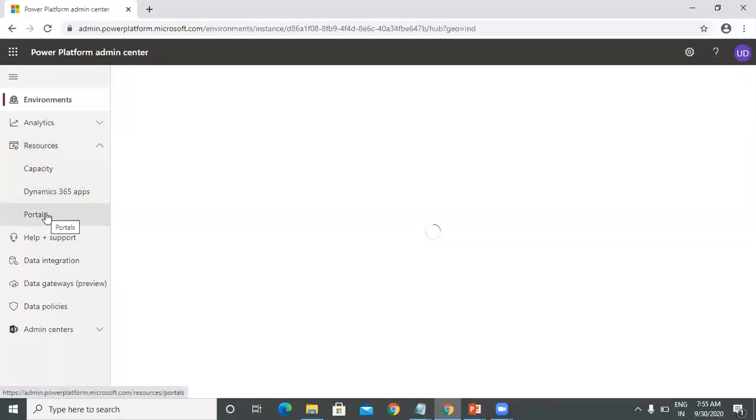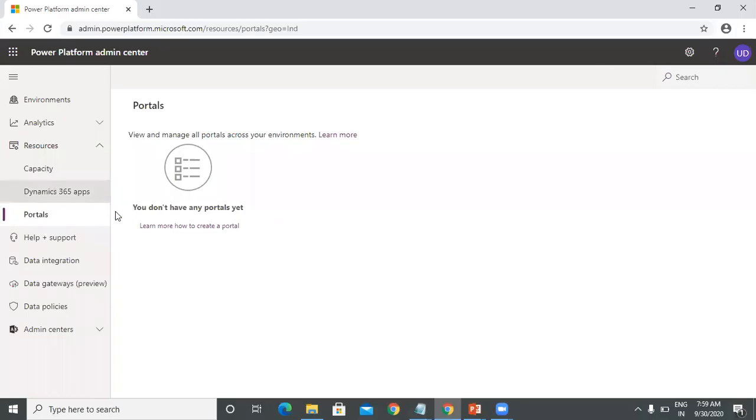If you want to do the portal administration, you can click here, and all the portal administration part will load. Since we haven't set up any portals, we are not able to see any portals here in the admin.powerplatform.